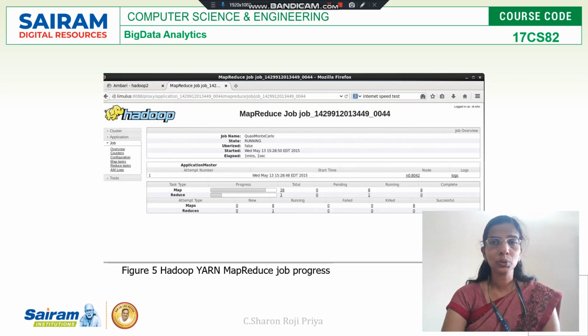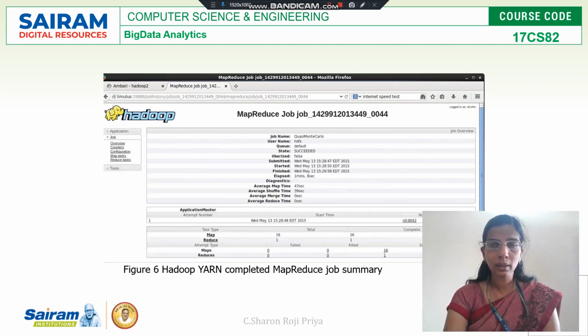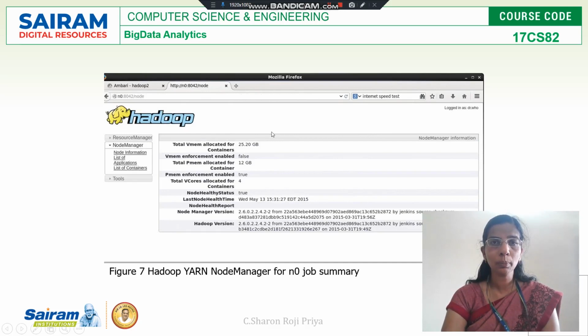Coming to the previous window, you have two links, N0 and logs. When you click N0, you will get the summary from the node manager of node 0. Usually the node manager will just track the containers, but the actual task will be monitored by the MapReduce application.